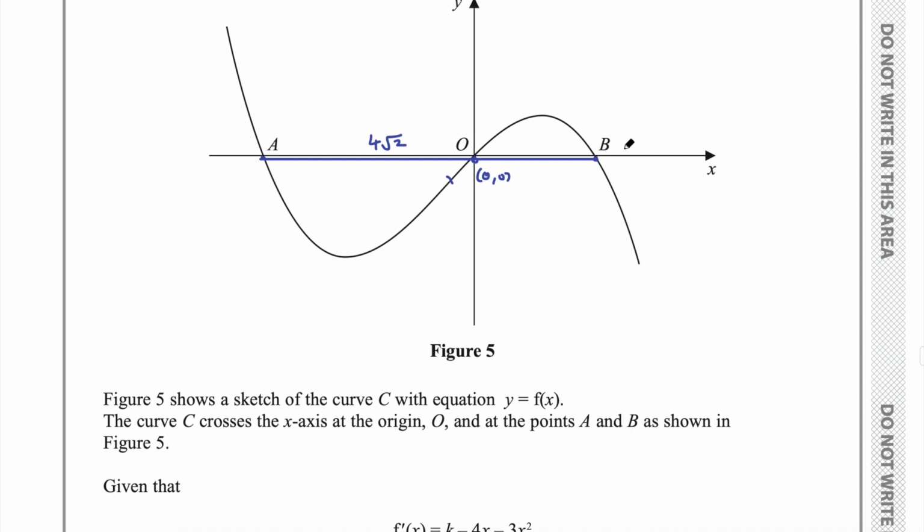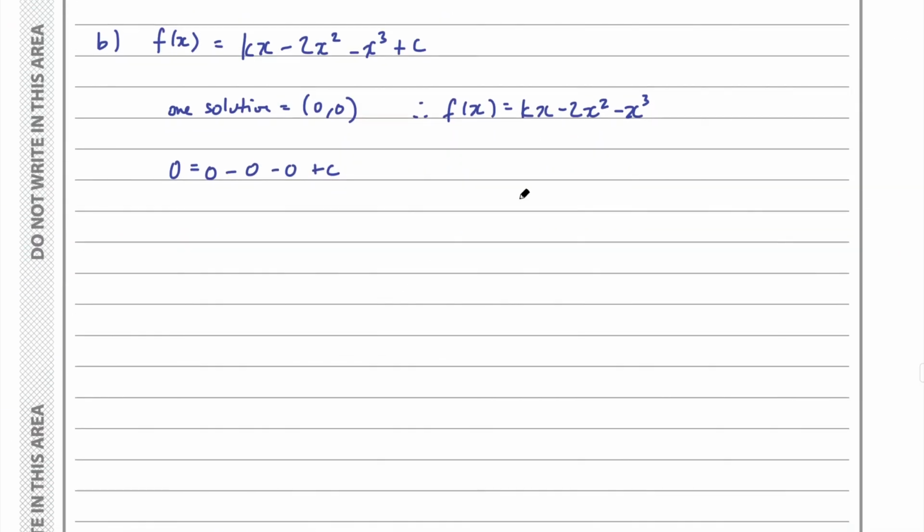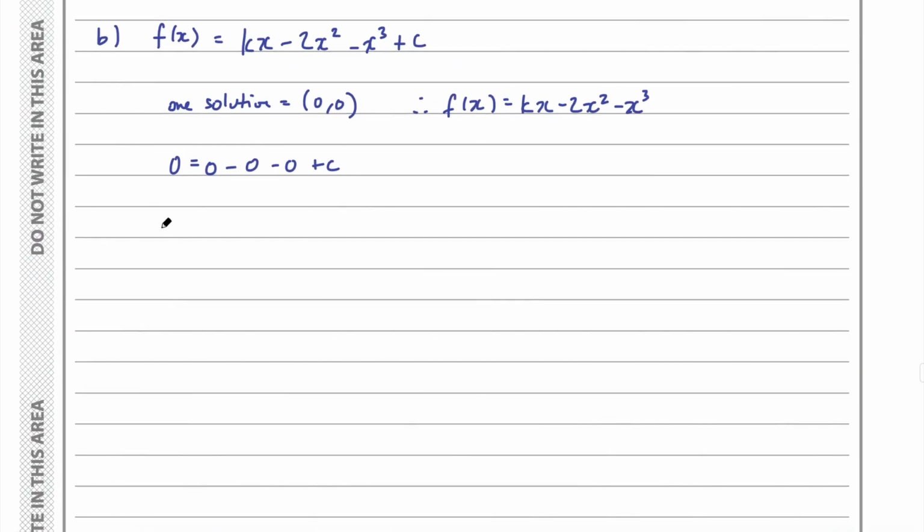If I can find a and b, they will tell me what k is. So how do we do this with the cubic function? We set it equal to 0 and we try to solve for x. So that's what I'm going to try to do here. So at points a and b,